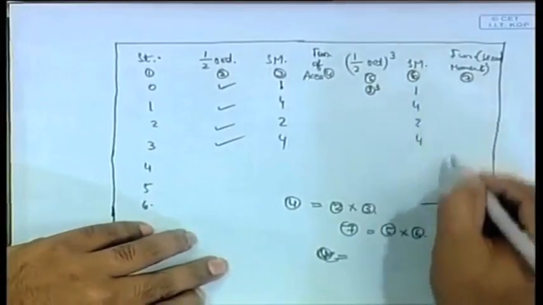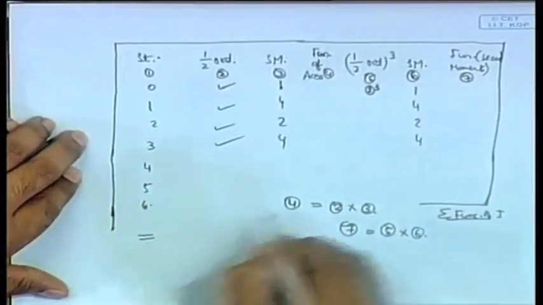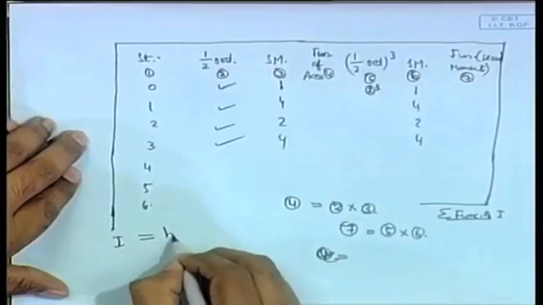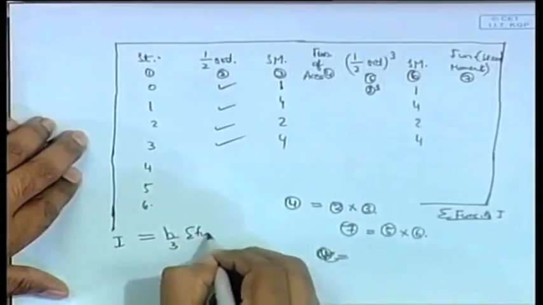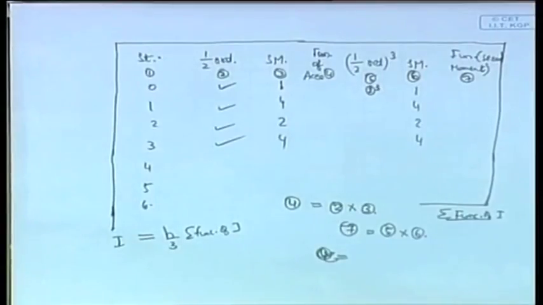Okay, you will have to sum up that whole thing, and finally here you will get the I to be h by 3 into summation of function of I. Here h by 3 is the distance between the stations, and so what you are doing is you are actually summing up the i's, lb cube by 12 in fact, or integral of b cube dl. Okay, that you are doing for each,